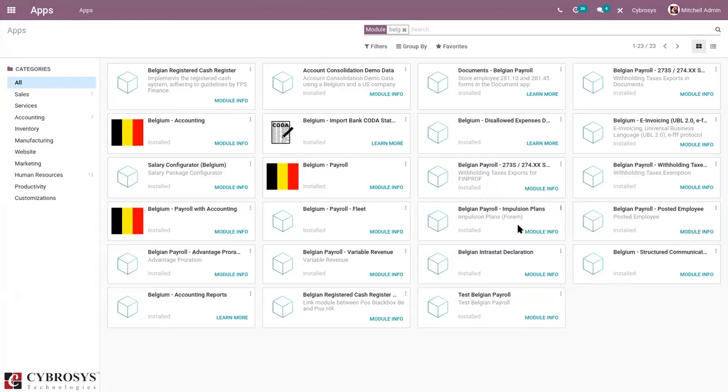Then we can manage variable revenue with the Belgian payroll variable revenue module, and then the Belgian registered cash register employee module. This module allows employees, that is non-users, to log into the point of sale application using the fiscal data module.